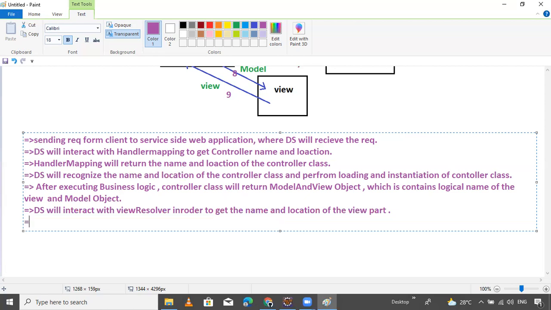View pages, you can call it whatever you want, view part. Then the view resolver will return the view object with the name and location of the view page.